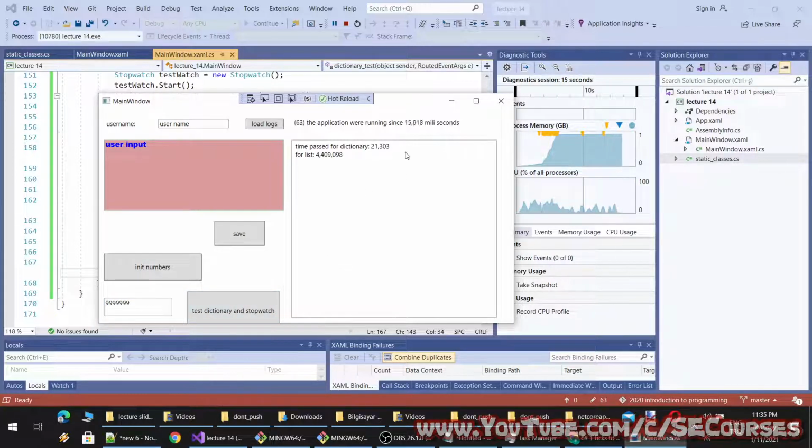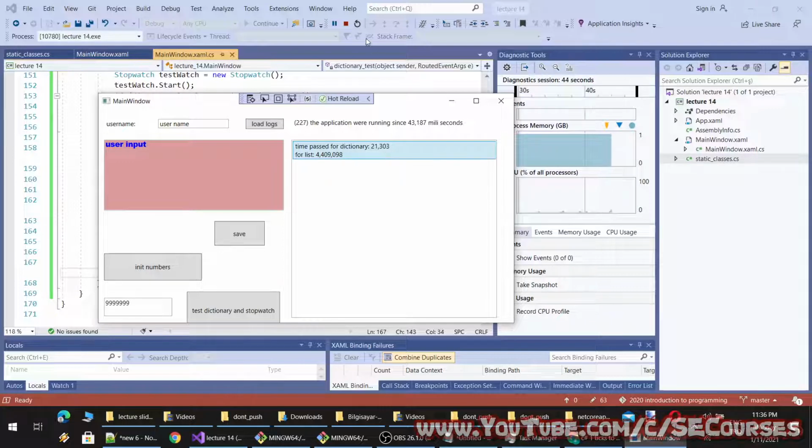Okay, you see at the first initialization the dictionary took 21,000 ticks, which is around 2 milliseconds, and for the list it took, how many times? I think more than 20 times.